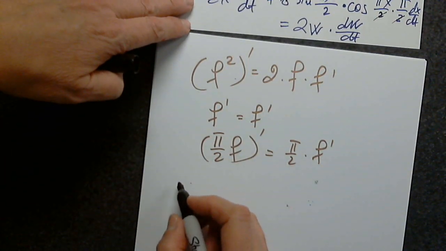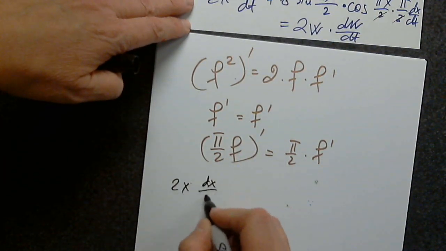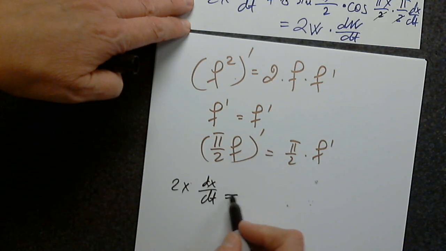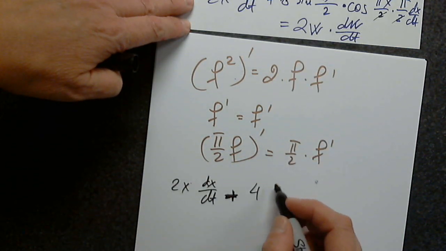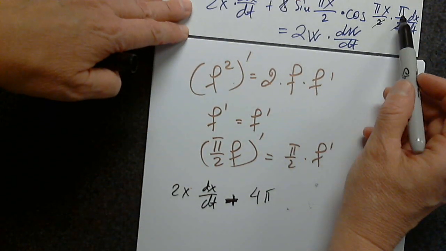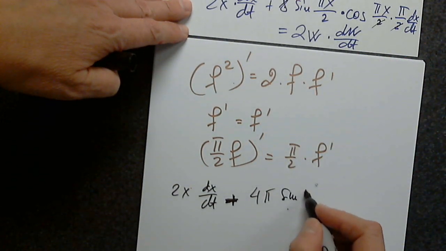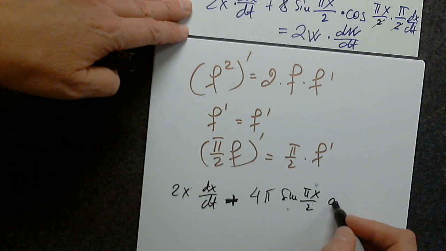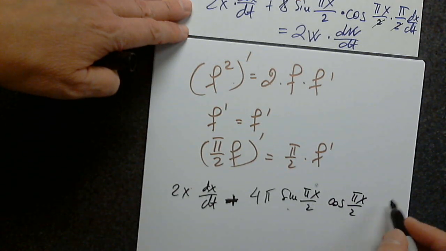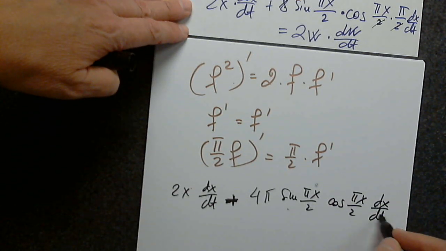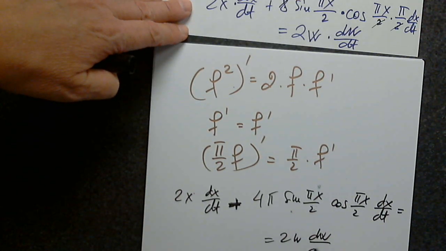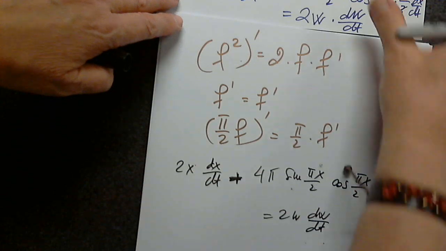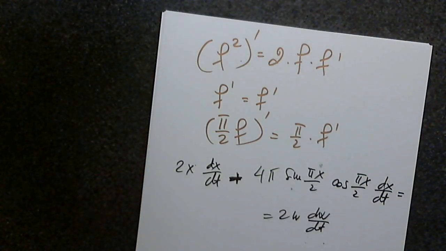So 2x dx over dt plus 4 pi sine pi x over 2 cosine pi x over 2 dx over dt equals 2w dw over dt. Since we are after dw over dt,